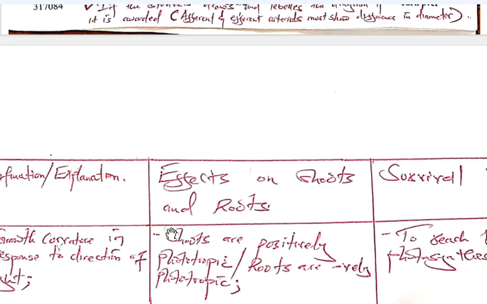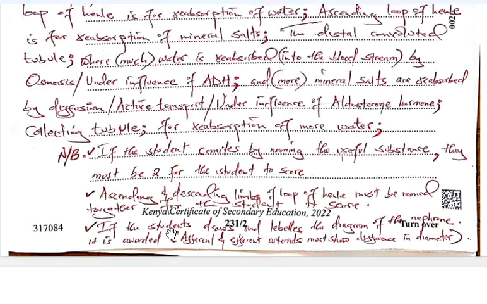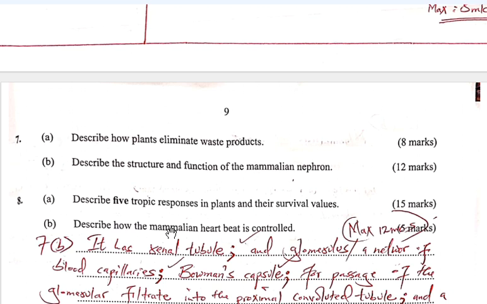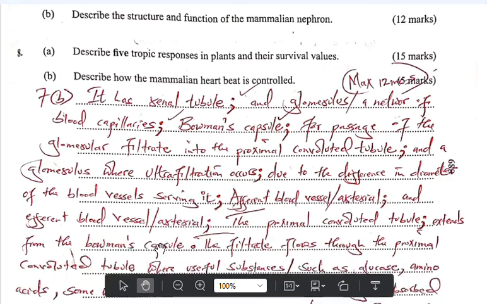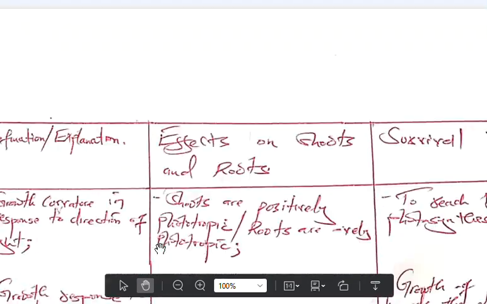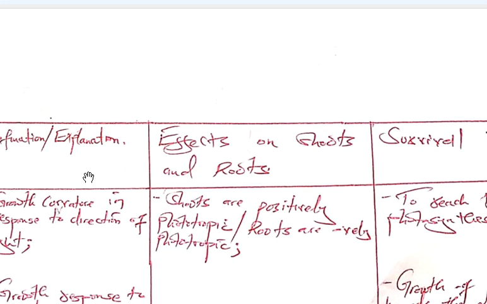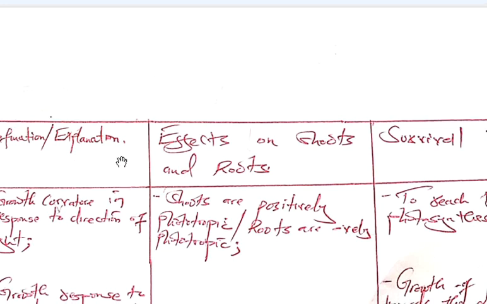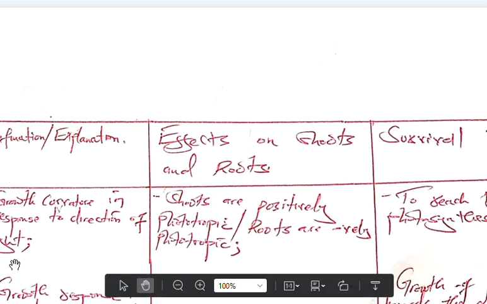Then let's move to question 8. Question 8 was about tropic responses and their survival value. The survival value is just the importance of the tropic responses, and the tropic responses are just growth curvatures in response to certain stimuli. The first one we have